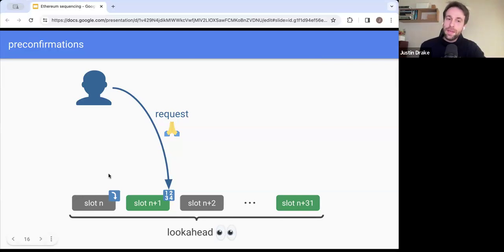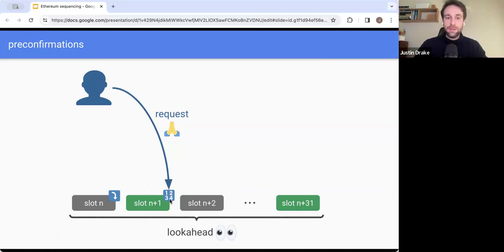So let's say that we're in slot N, and we have this user who's also at slot N, and that user wants their transaction preconfirmed. So what they do is identify who the first sequencer is in the lookahead. In this case, the first sequencer is in slot N+1. They send that sequencer some sort of RPC request, to this well-defined entity.